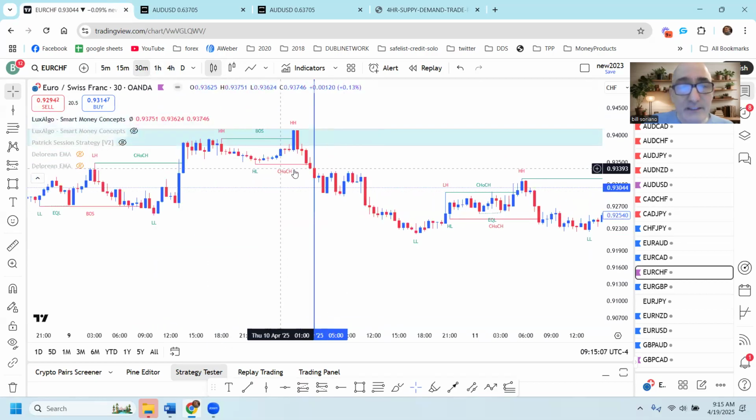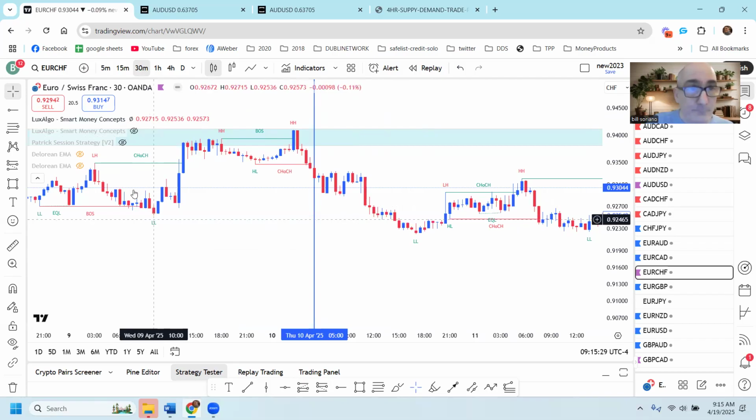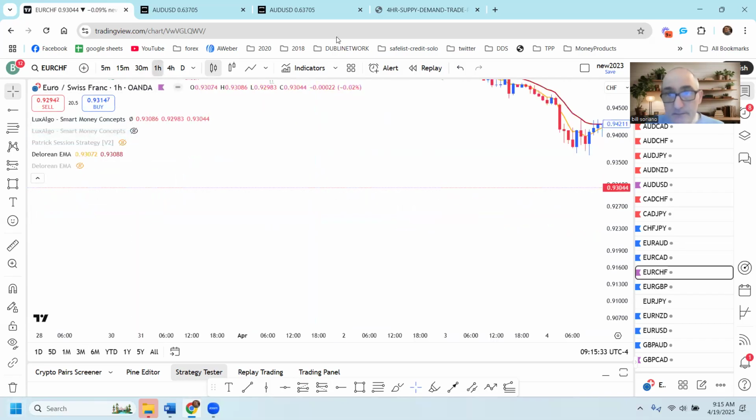So you can see here, the indicator is telling us right here, we get a change of character as price comes down and closes below this low. Now, to make it even better, it also takes out this low down here, which is a better one, right? So price just continues moving down. So we go back to our 1-hour